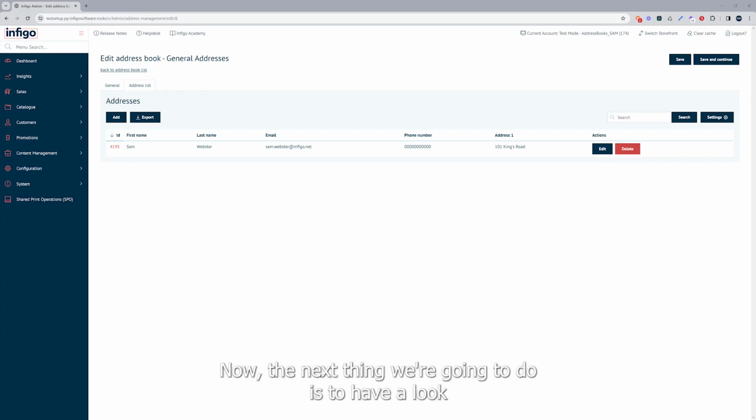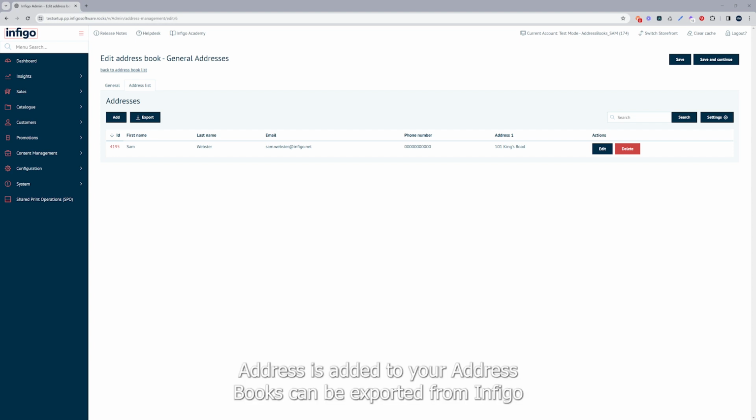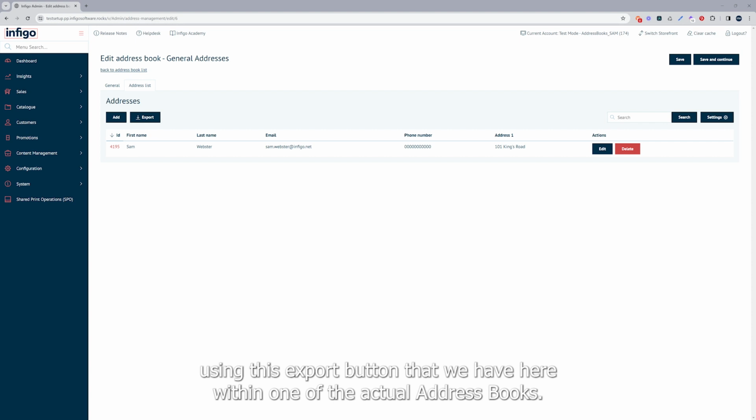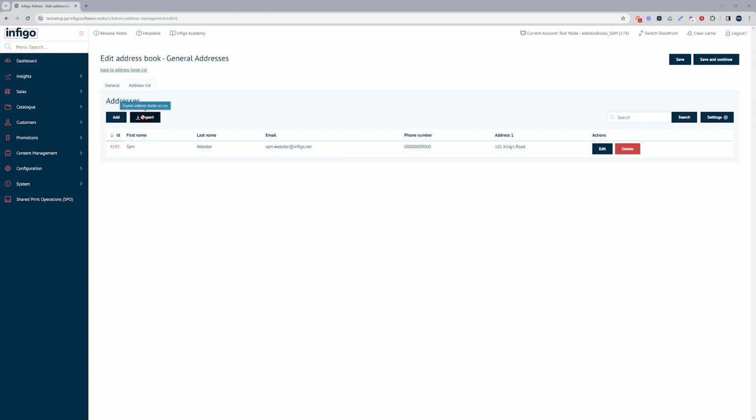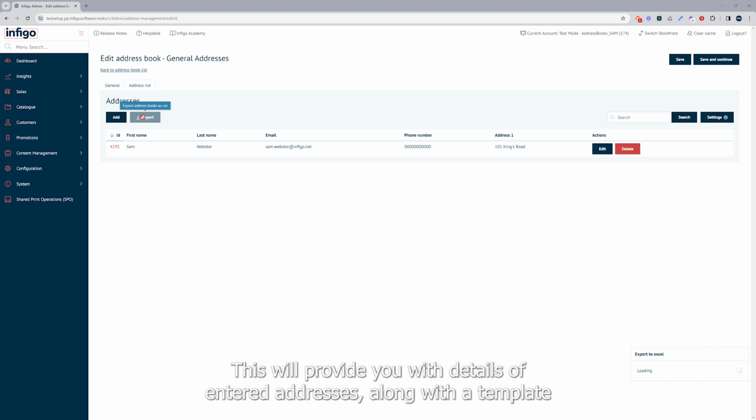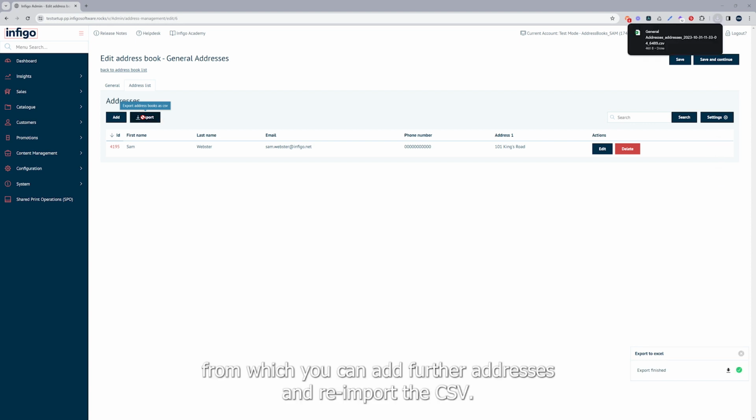Now, the next thing we're going to do is to have a look at some of the export tools that we have available. Addresses added to your address books can be exported from Infigo using this export button that we have here within one of the actual address books. This will provide you with details of entered addresses along with a template from which you can add further addresses